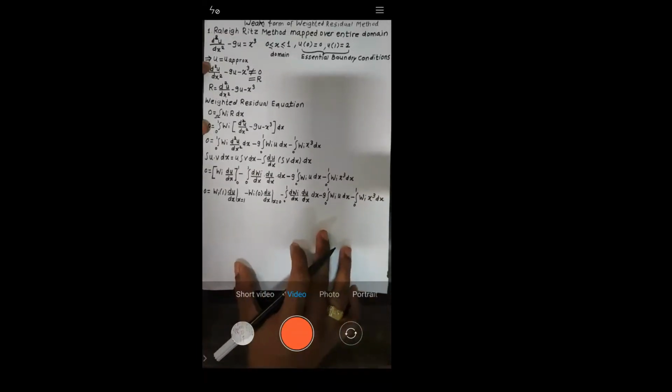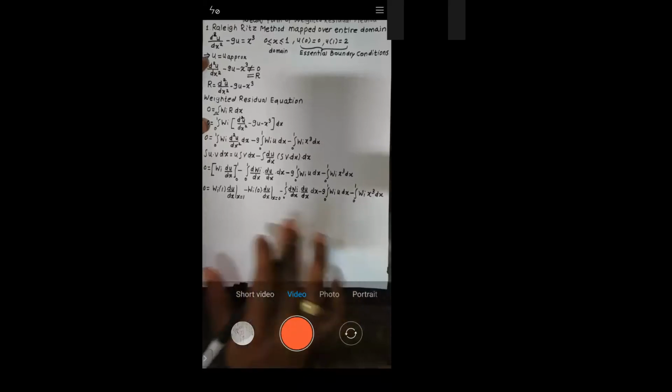Yes, sir. Shall I explain again? See what I have done. I just gave the limit to this particular bracket. See, when you integrate it, and for the integration if you have a limit, what do you used to do? Upper limit minus lower limit. That is the only thing which I have done. The rest of the three terms I have written as it is.